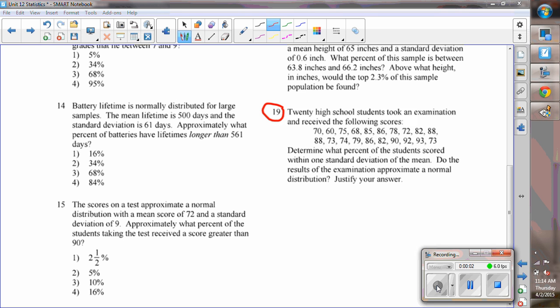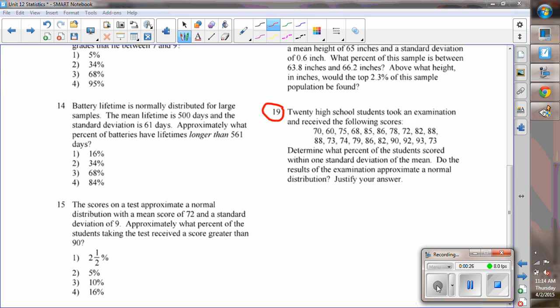This is Unit 12, Statistics, Normal Distribution, video number 2. We left off talking about question number 19. While I was offline, I entered the data into my TI Nspire software so we can get the information out. And the next big thing that we're going to talk about is a continuation of this